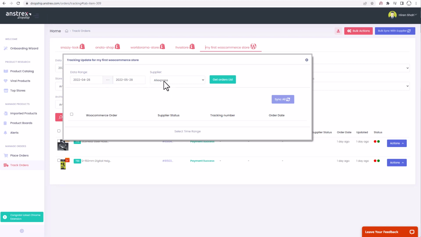The next thing is a drop down menu for the suppliers that we currently support for syncing, and in this case we are using two different suppliers, AliExpress and Banggood. So we'll have to do this in two steps. First, we will choose AliExpress as our supplier, and then we'll do the same process for Banggood order. So we can now start the sync process by clicking on this Get Orders List button,